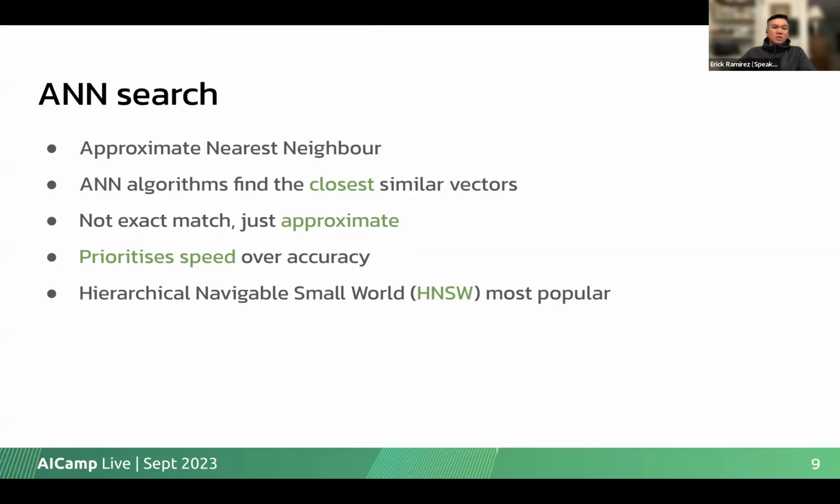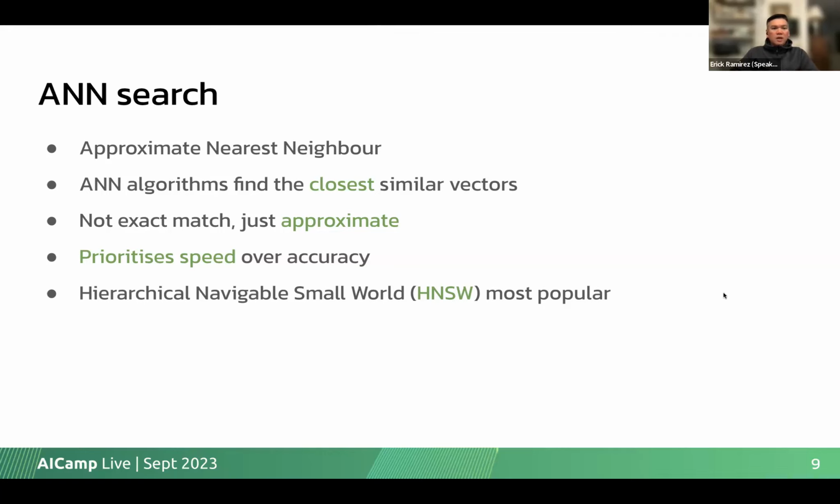What it's trying to do is find the approximate one that's closest to the vector that we're comparing it to. The reason for that is if we try to do an exact match, we're aiming for accuracy. But the ANN search prioritizes speed, to find the nearest neighbors in the quickest time, but it's not going to be an exact match, so it's not going to be so accurate. So those are the important things to remember when you're doing an ANN search.